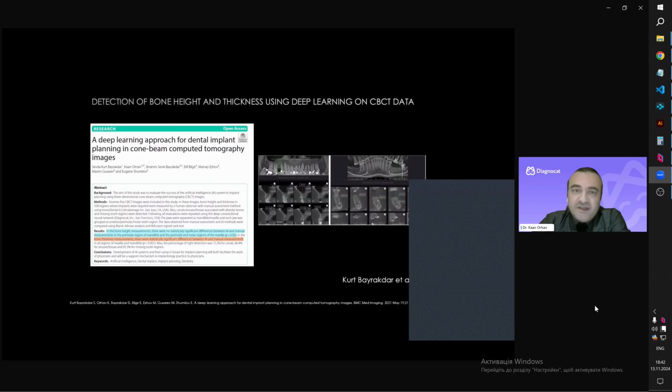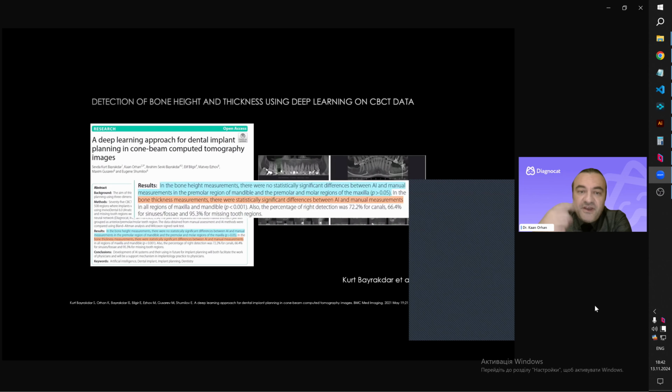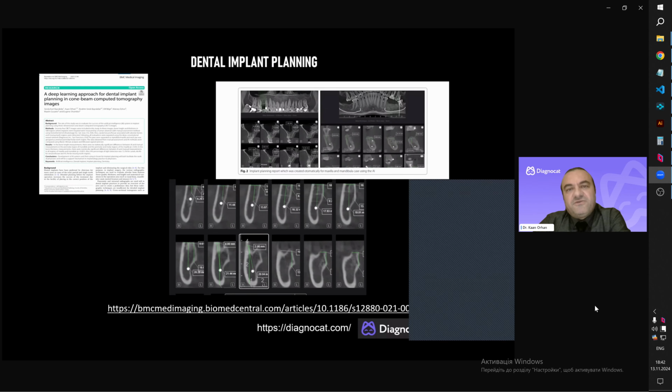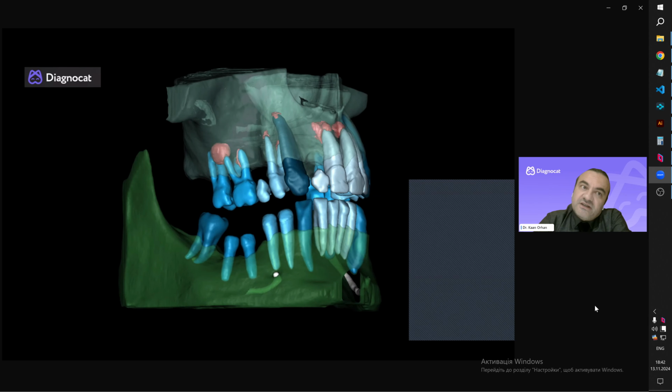We can also use it for dental implant planning as well. So in the dental implant planning, we can do the CBCT volume, the OPG reconstruction, and the DiagnoCat can accurately measure the width and the height of the anatomy where we are going to place the dental implant. Of course, if you are working with the 3D, we can see not just the teeth and the periapical